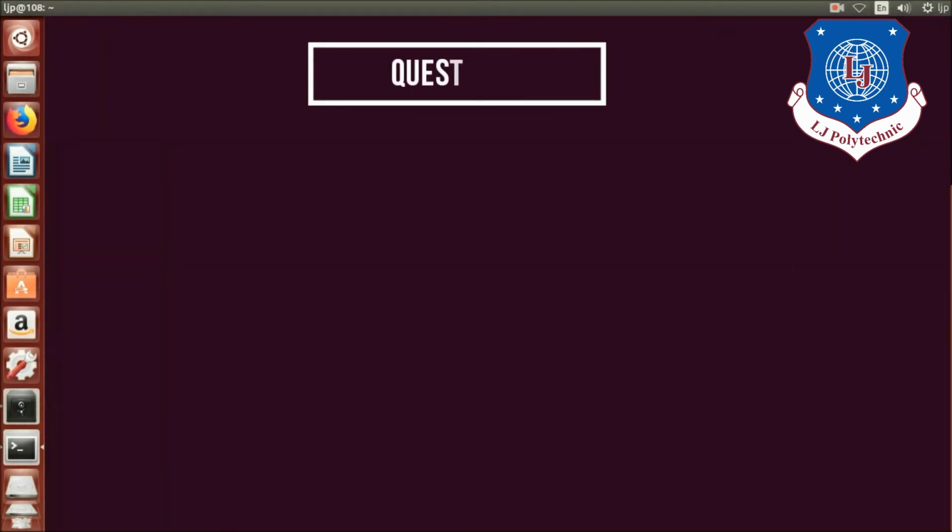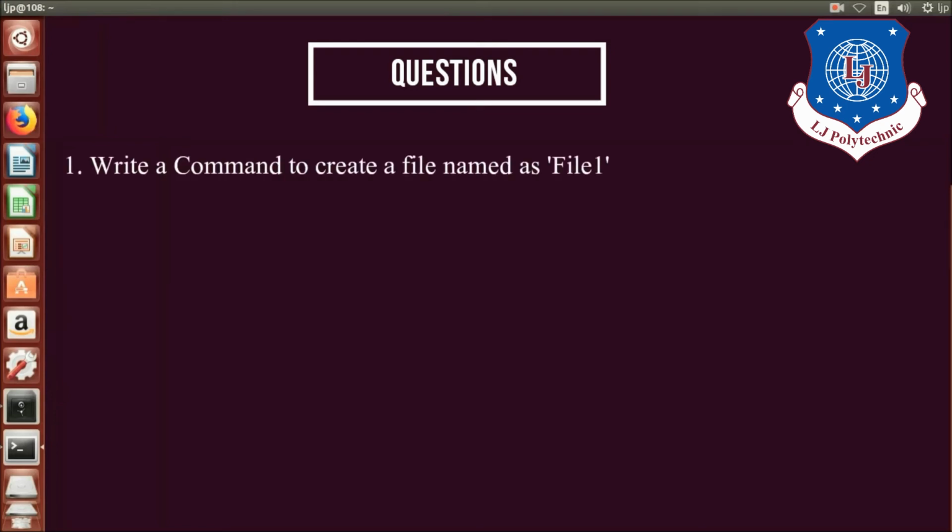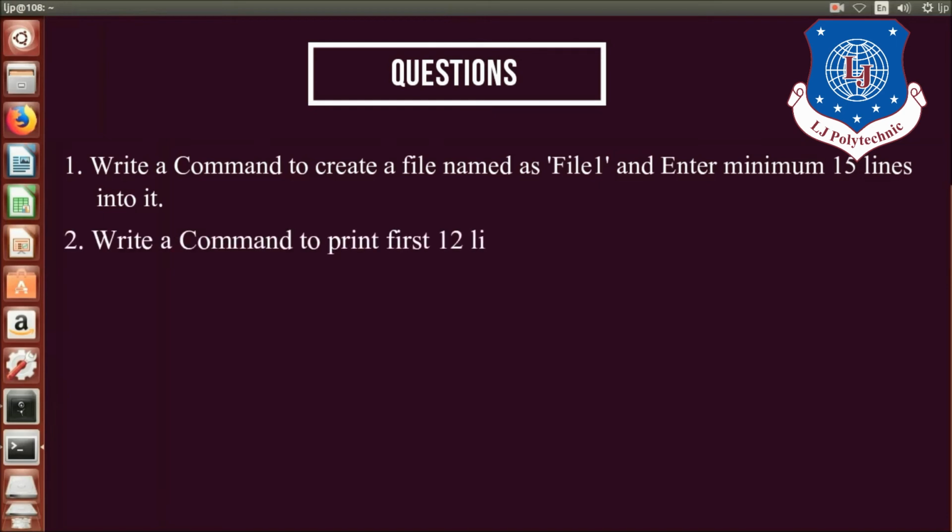Now we will see some practice questions related to this command. First question is, write a command to create a file named as file1 and enter minimum 15 lines into it. How to create a file that we have discussed in our previous tutorial. Second question is, write a command to print first 12 lines of file named as file1.